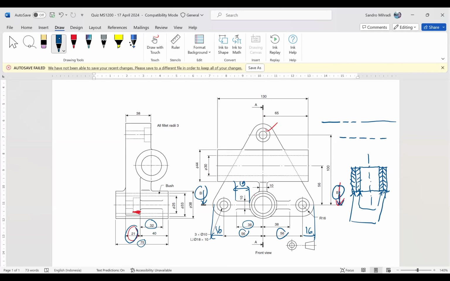Oke. Silakan, ada yang masih mau ditanyakan terkait ini? Ada? Udah cukup jelas ya? Nanti gambarnya akan kelihatan ya, pasti.